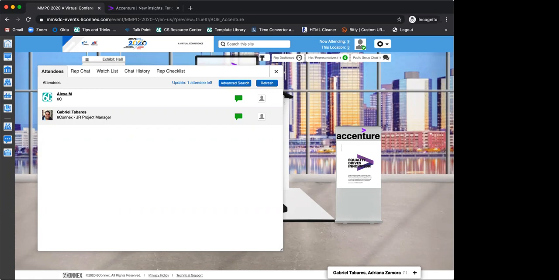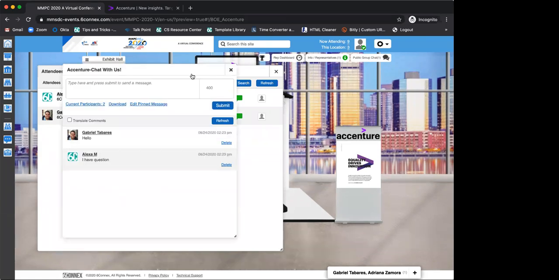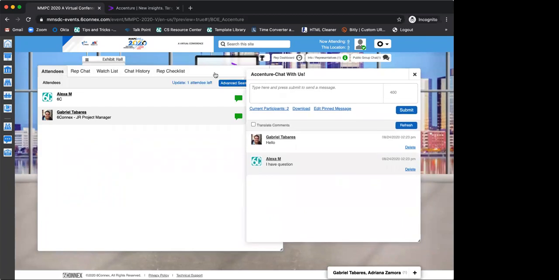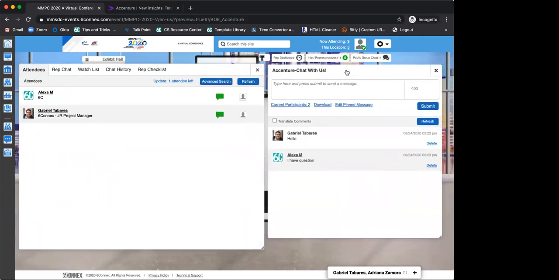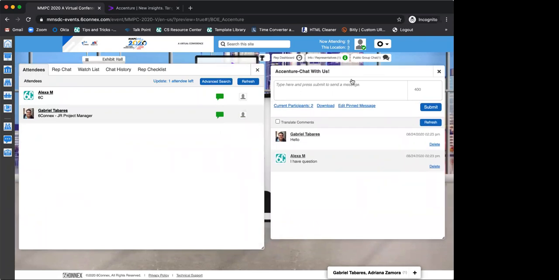Are there things the companies will need to do in their booths prior to that? Because if that's the case, then we probably need to have it live sooner so they can go in and do whatever they need to do. Not really. They just need to go to the booth, find the booth, open this dashboard, and that's it. And the public chat. So it takes them a couple of minutes. Of course, since they haven't seen their booth, they're going to be clicking around, I'm assuming. But other than that, not really. There's nothing else. They can come here and pin their message. That is something that they can do.